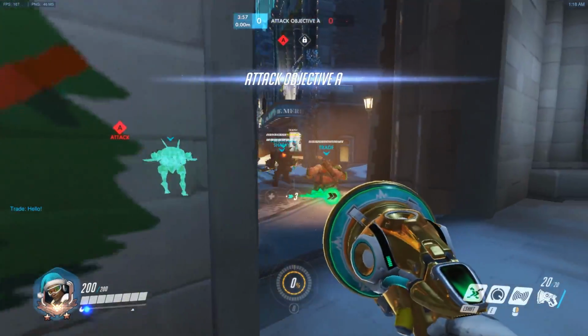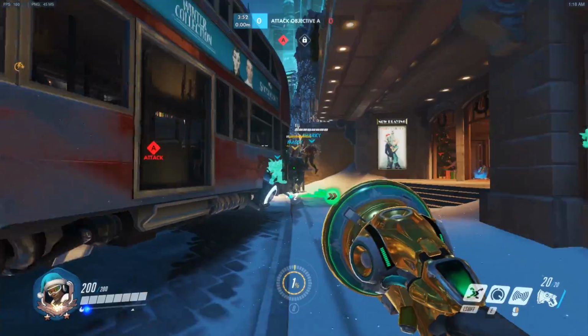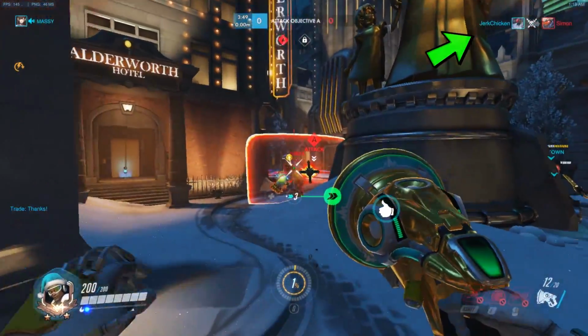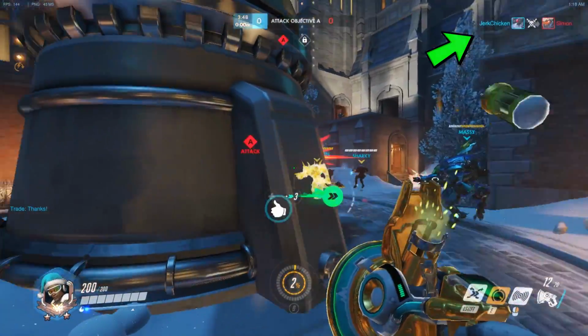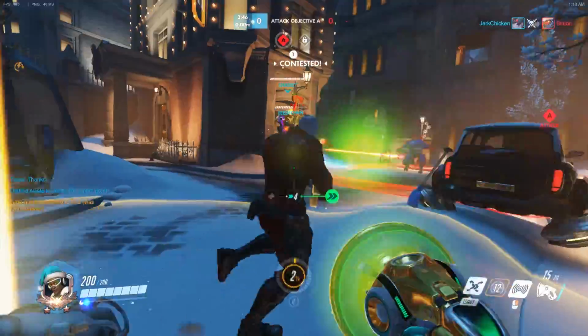To start things off, our second healer went Widowmaker in the hopes of getting an entry pick. An entry pick is essentially a kill on the enemy that will give your team an easier time going through the choke point. She gets a kill on the Soldier 76, and he's the main source of the enemy's damage. So knowing this, I amp up speed on the point so we can pressure the enemy team to back